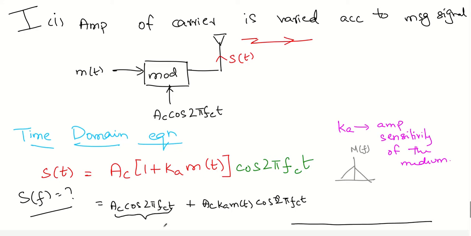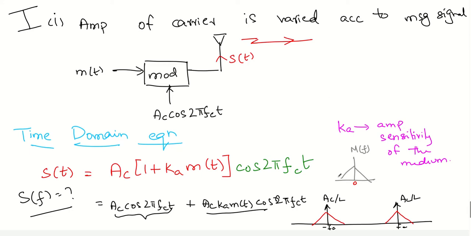Now due to this term, we had seen in the Fourier transform video that the Fourier transform of this thing will be an impulse of height Ac by 2 and another impulse of height Ac by 2 at plus fc and minus fc respectively. Now the Fourier transform of this thing, the spectrum of this thing, will be the spectrum of m of t. Since it is multiplied by cos, it will be right shifted by fc and left shifted by fc. So initially the spectrum was at the origin. Now it will be right shifted by fc and left shifted by fc. So this is how the spectrum of this signal will look.